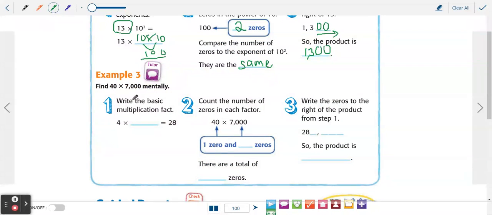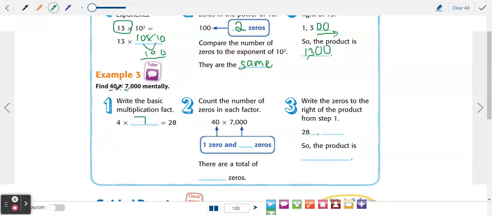Example 3. Find 40 times 7,000 mentally. Get that sledgehammer out and break that wall down. I know some of you are panicking that that's too hard. There's kind of a shortcut. You can look at the digits here. 4 times 7. If you know 4 times 7 is 28,